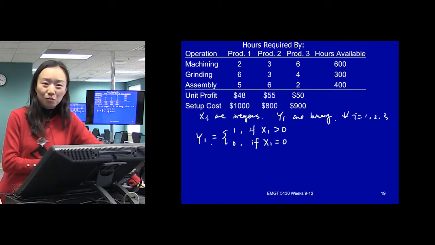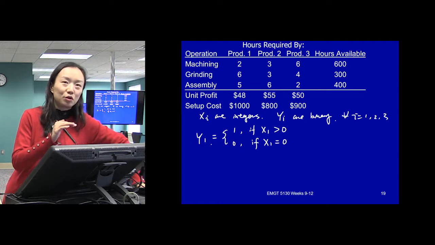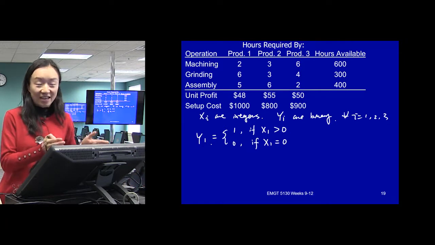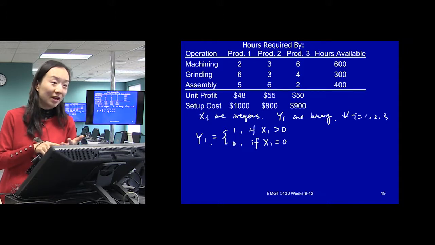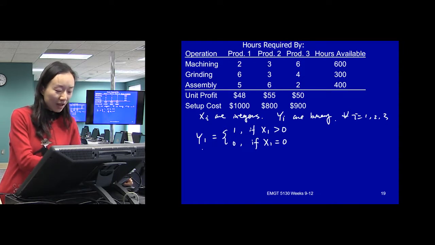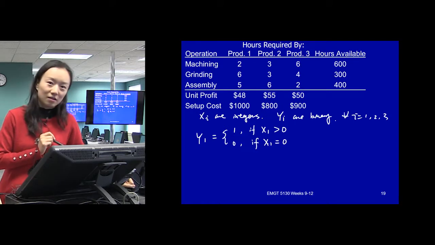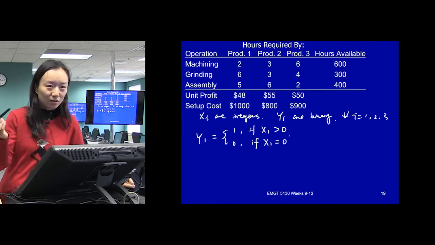And this is a little more complex than the one that we just talked about. Say if project 4 cannot be chosen if 5 is also chosen. It's similar, but in that case, both are binary variables, right? In this case, y is a binary, but x is a non-binary, which means it can go to 1, 2, 3, 4, 5, 6 all the way. Okay.